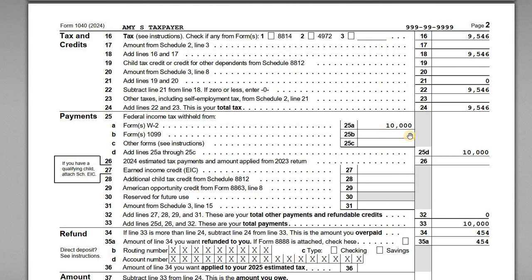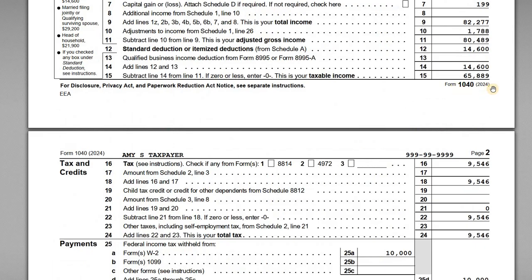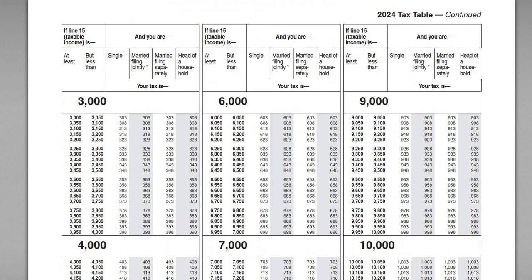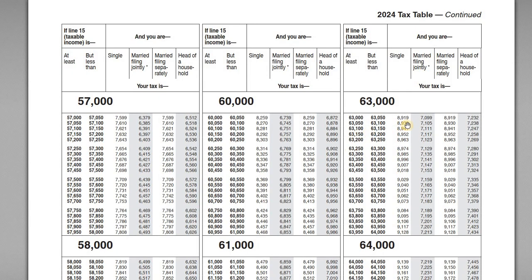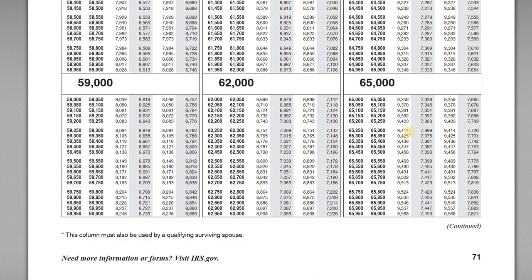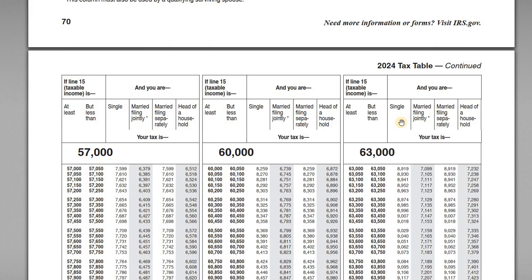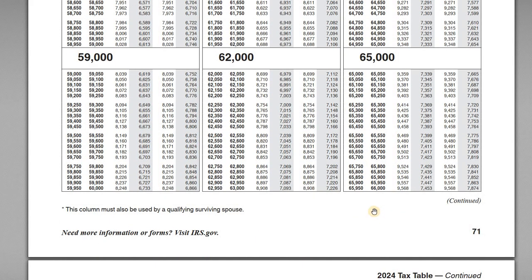So if we look back as a reminder here, the taxable income for her for the 2024 year is $65,889. So if we scroll on down, try to find that range. So we're looking at $65,889. And so that's going to fall within this range here. $65,850 to $65,900, right? 65,889. And then the first column is for single filers, right? So we have single filing taxpayers. So the 65,889 figure is going to put us right here,